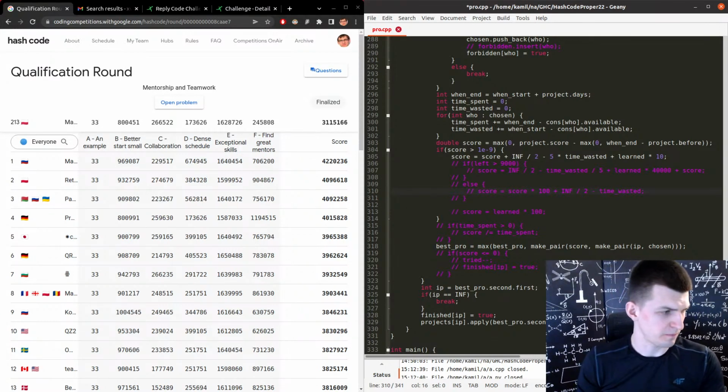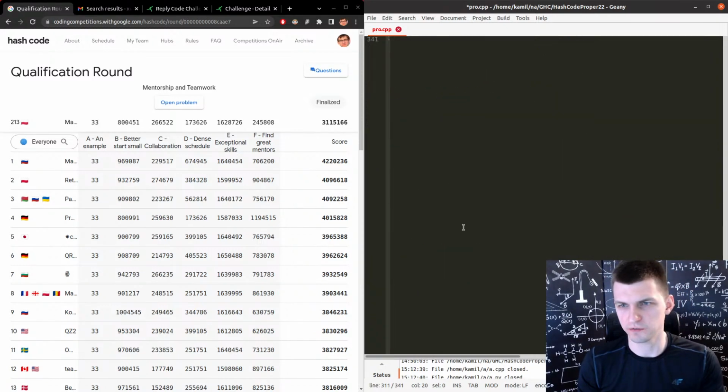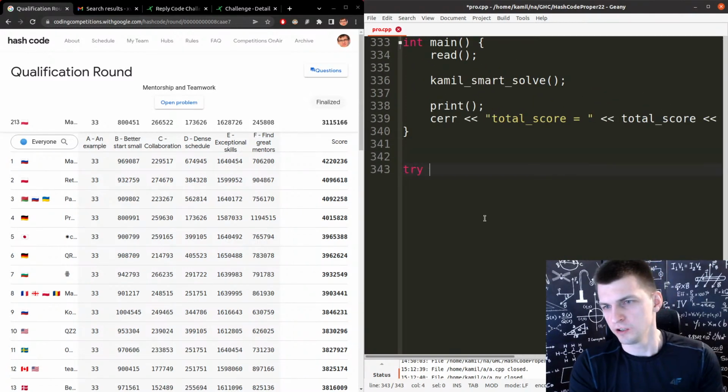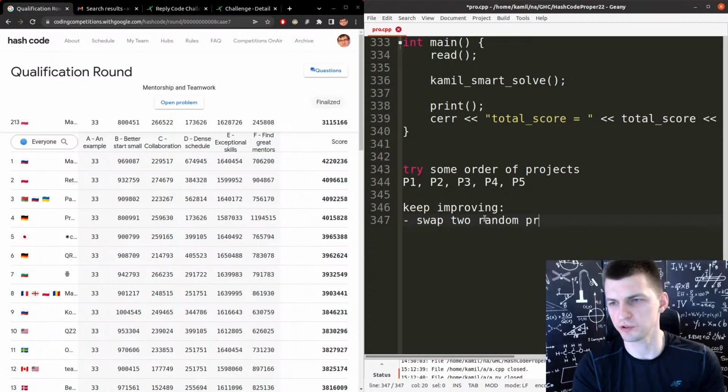Here's the plan for today. I'm going to do exactly the following thing for a Google Hashcode problem: try some order of projects, like P1, P2, P3, P4, and keep improving. So that's swap two random projects and check the new score.